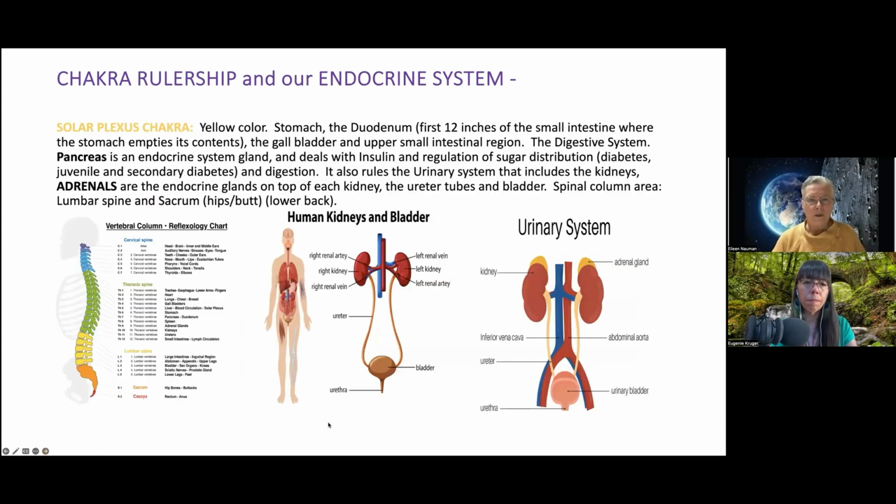The solar plexus chakra is a yellow color. It involves the stomach and the duodenum, and as a matter of fact, it's right on the stomach. This chakra is straight through the stomach area here, and there are several important things about the solar plexus. First of all, it's dealing with our digestion, but there's a lot of other things going on at the same time in the same area. And the digestive system pulls in the pancreas, which again is about sugar and insulin and the distribution of the sugar. But there's also other